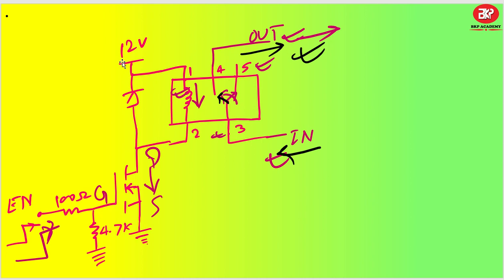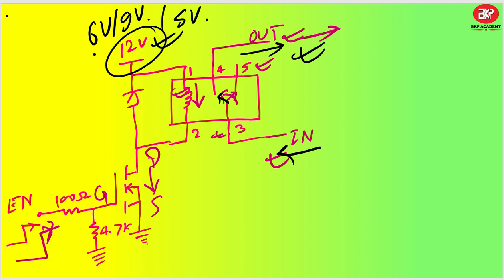What voltage level you can connect on this particular thing depends on the data sheet of the relay. Once you see your data sheet, you will be able to understand whether it requires 6 volt, or let's say 9 volt, or 5 volt, or even 12 volt, or maybe 24 volt also. It is not necessary that you have to connect only 12 volt. There is a possibility that you have to connect some AC voltage also. So there are AC relays also, so AC and DC relays are both there. Right now I have explained the DC relay, and this is the way you can design your circuit.